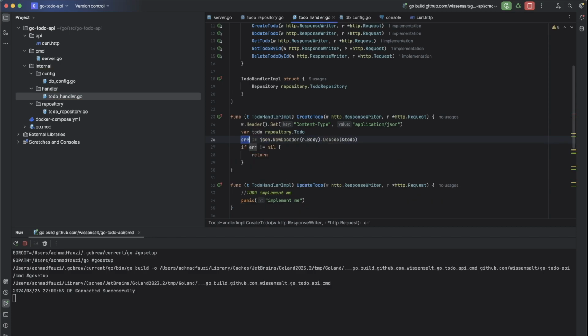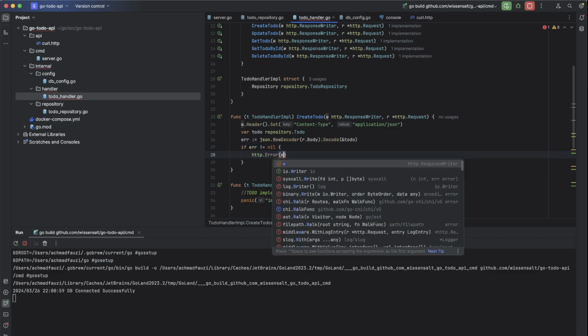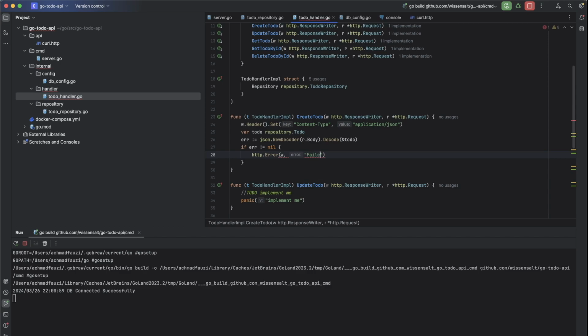We will have the handler. If there is an error, we will return http.error. It will require the writer and also the message failed to parse request. And then returning http.status bad request.